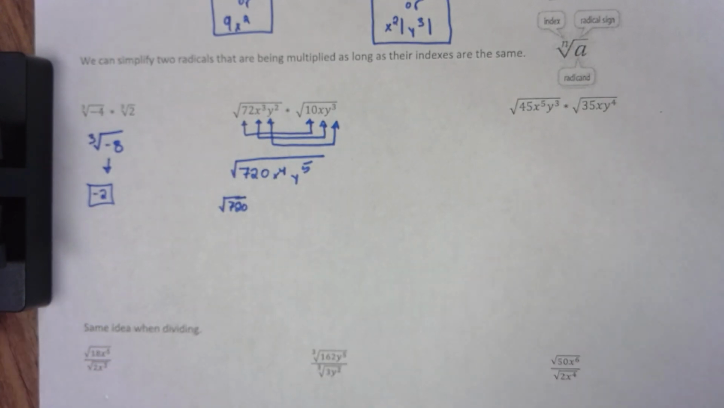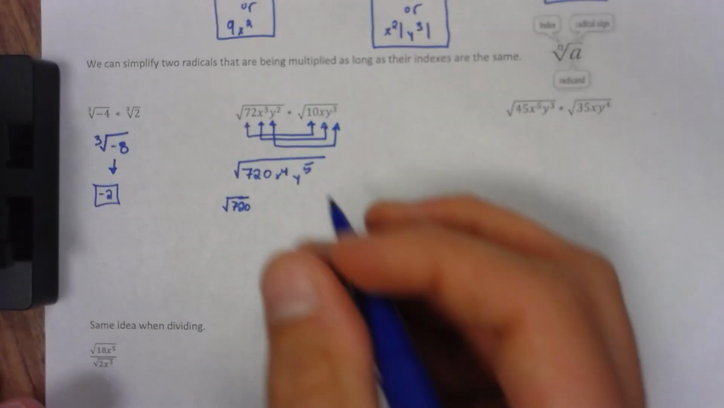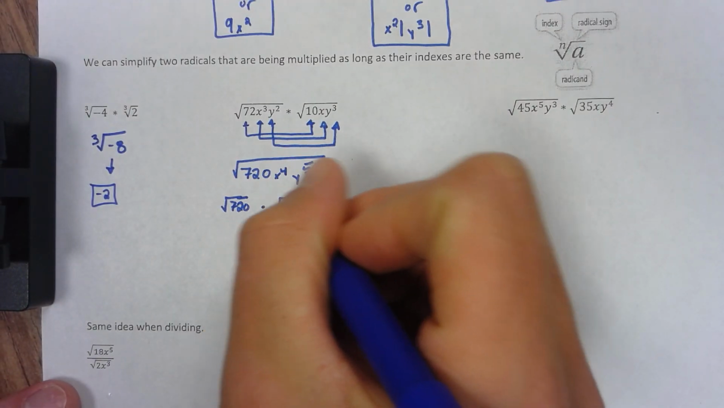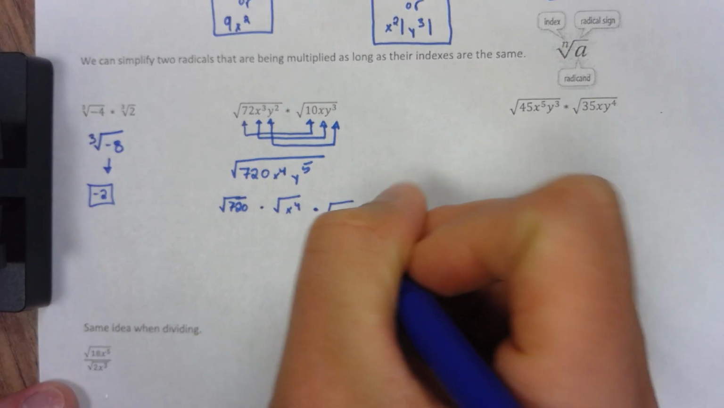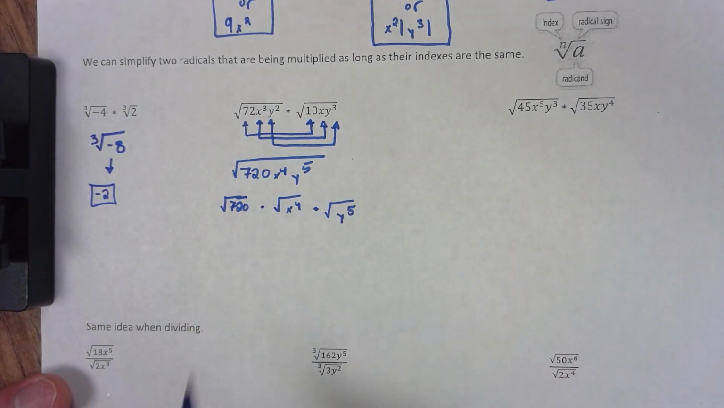Okay, so I'm going to figure out the square root of 720. We'll multiply that by whatever the square root of x to the fourth is, and we'll multiply that by whatever the square root of y to the fifth is. So let's do this 720 here. When those numbers get bigger,